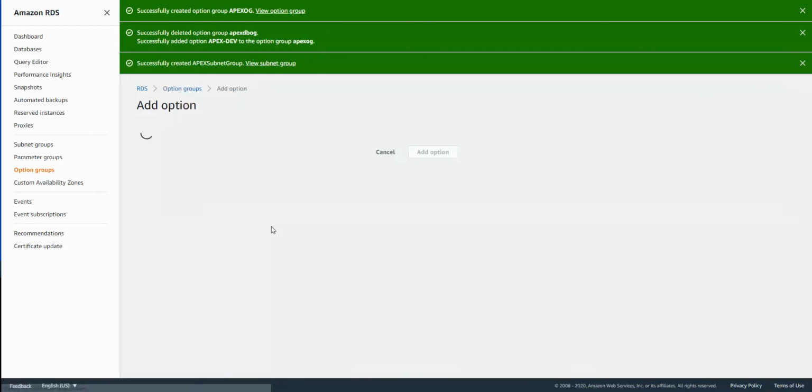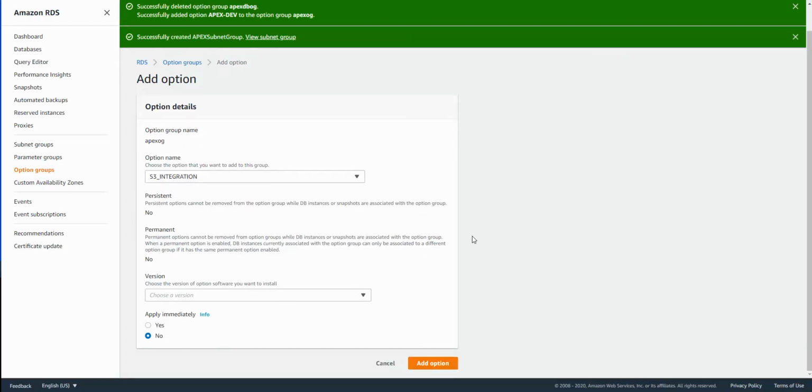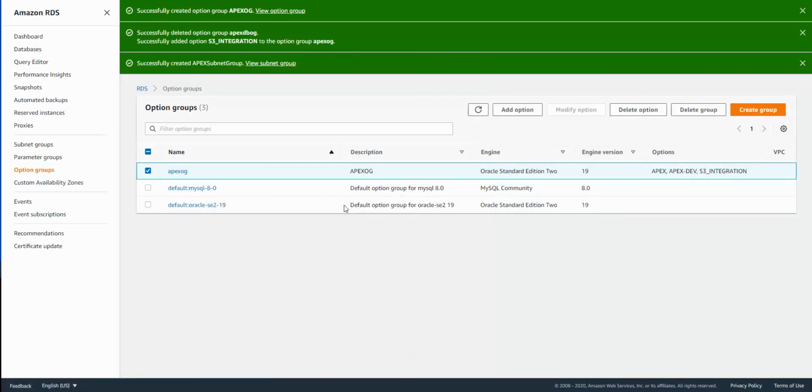The third option we're going to add is for the S3 integration. This S3 integration is not mandatory, but in case you create Apex applications which store data into S3 buckets, this will come in handy eventually. But for now, let's select this one also and apply immediately. Choose version 1.0 and add option. So the option group is also created.